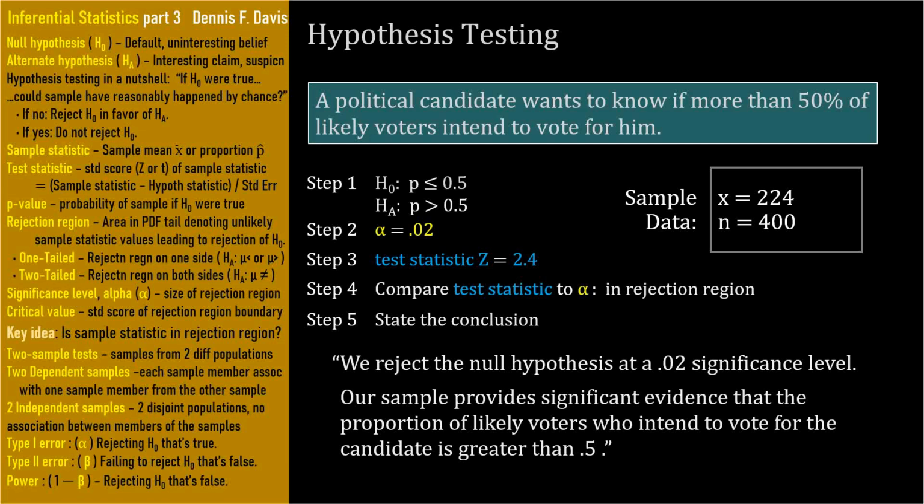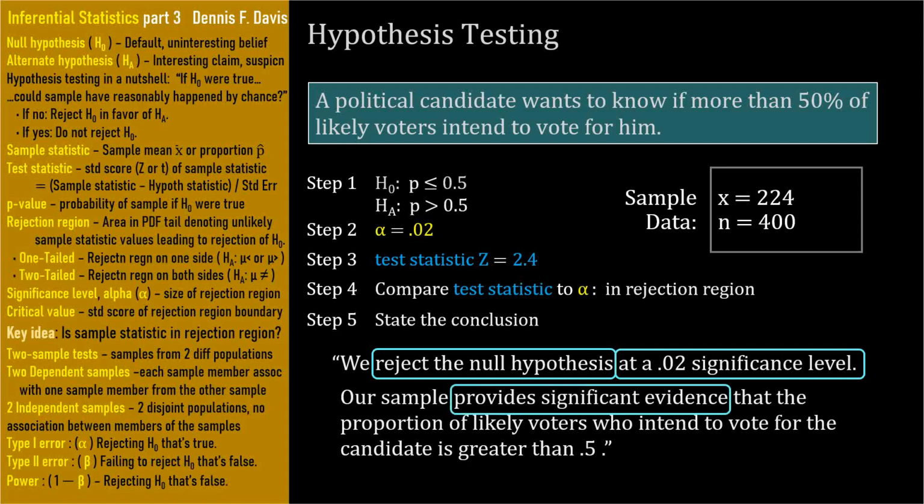Each conclusion includes a statement that clearly rejects or fails to reject the null hypothesis and states the significance level alpha at which the test was conducted. Then another sentence that restates the conclusion using the language of the alternate hypothesis. The sample either did or did not provide significant evidence, then restate the alternate hypothesis in plain language. You can think of the first sentence as the summary headline and the second sentence as a contextual explanation of